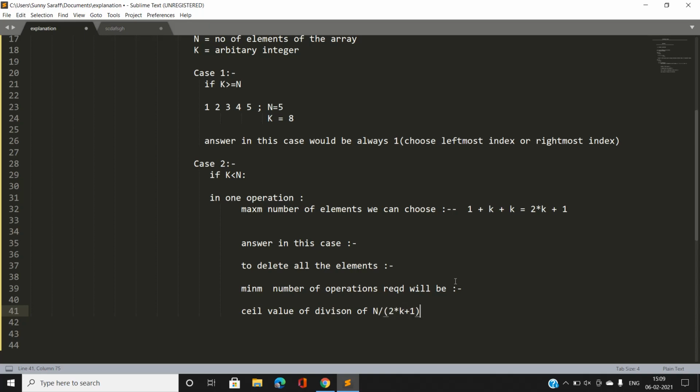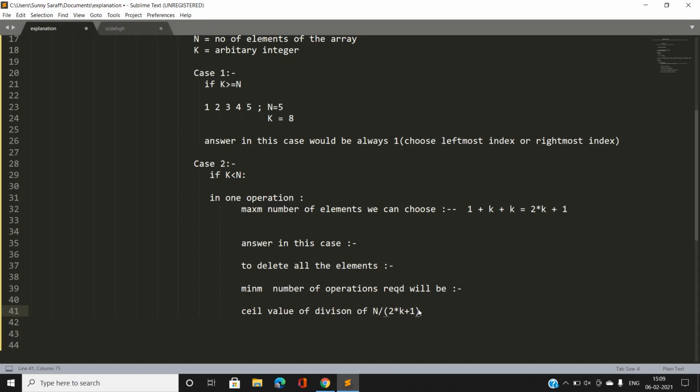So this would be our answer in this case, and we are going to take the ceil value of this division, because if some elements remain in this division, and we apply integer division, then we would need one more operation, so it is better to take the ceil value of this division to get the answer directly.